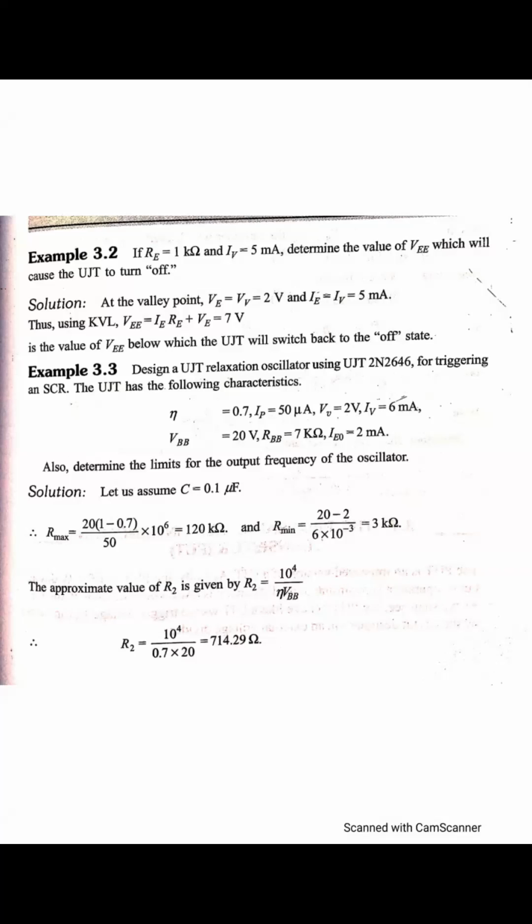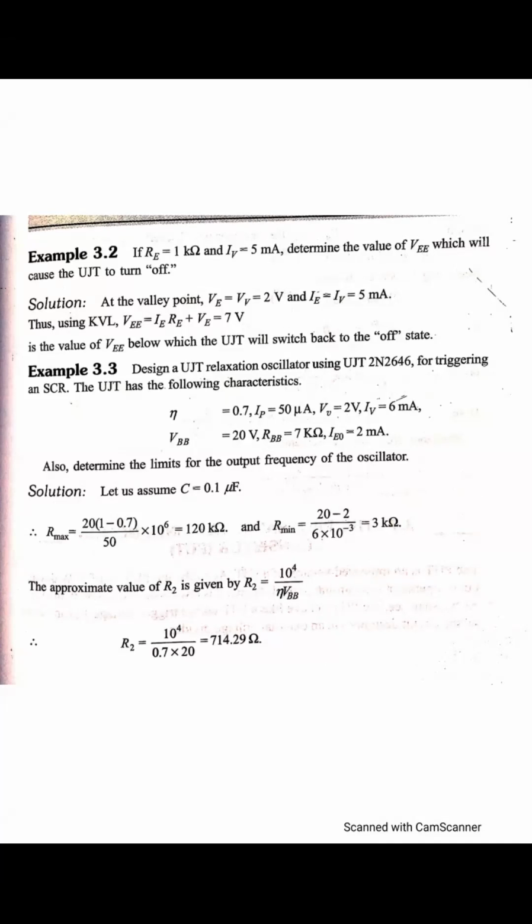So VE, that is the emitter voltage, is equal to the valley voltage, which is taken as 2 volts from the characteristics, and IE is equal to IV, that is 5 milliamperes. Okay, then applying KVL, VEE is equal to IE RE plus VE, in the equivalent circuit. If you have seen the equivalent circuit,